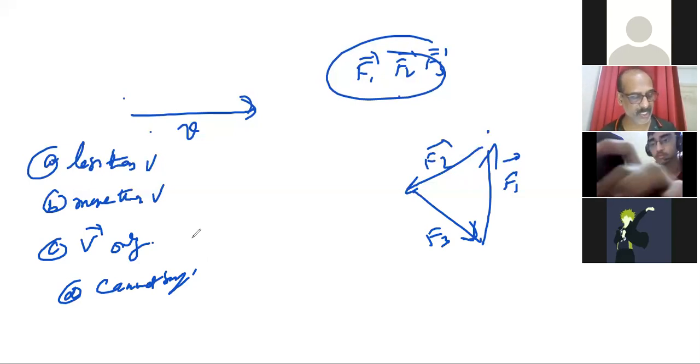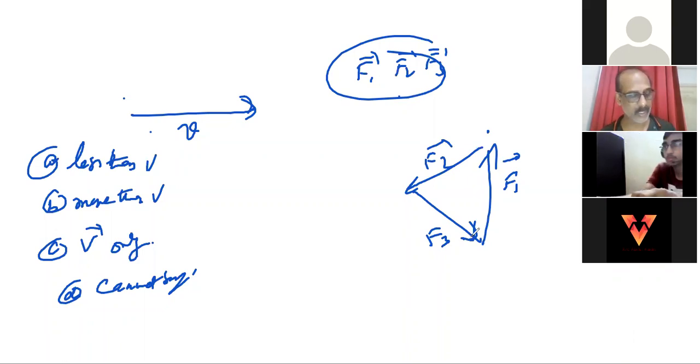Three forces start acting simultaneously on a particle moving with a velocity v. Did you understand? Yes, sir. A body is traveling with a velocity v, three forces acting at the same time. These forces are represented as sides of a triangle taken in order. That means F1, F2, F3 in the same order. And if they're taken in the same order, then the resultant will be 0, right?